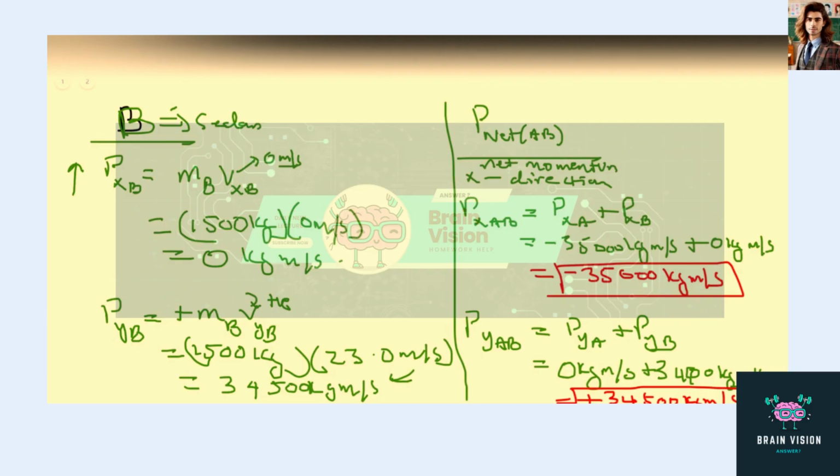So we're done with part A, but we still have to complete part B. We have to backtrack a little bit. This is not the net momentum. This is the component, not the net momentum. The net momentum was the question in part B. What's the magnitude and direction of the net momentum? So this is the net momentum in the x, and the net momentum in the y. And then part B of the problem,